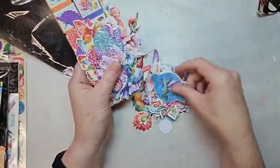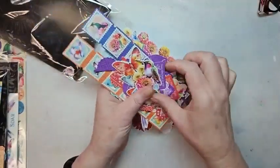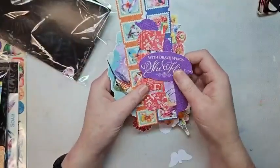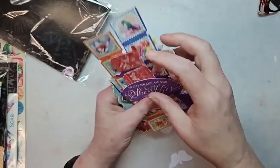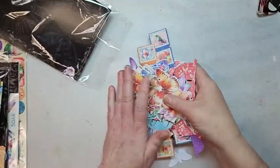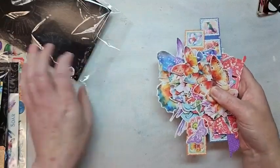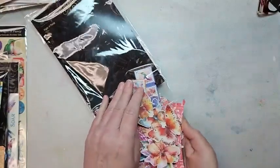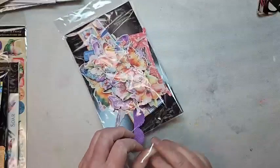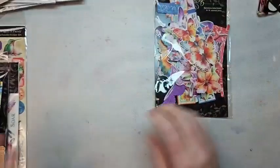Now, I also will tell you guys, because I am anticipating that this will be a very, very popular line, not just here, but all over the place. So we got quantities for the store for people that didn't pre-order. But if there is something that you want, I wouldn't dilly-dally, because what happened with Fall Lime, Hello Autumn, is that stuff ran out, and then they did another printing. It was a small one. We were able to get some of the stuff, not all the stuff, and so this is one of those lines that I would just say don't delay if you want it, okay? So that's those ones. And then lastly,